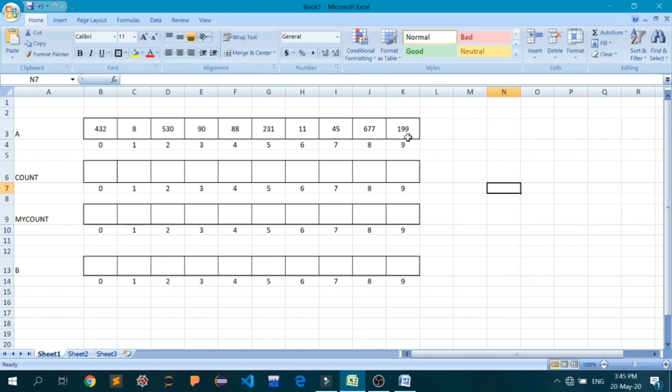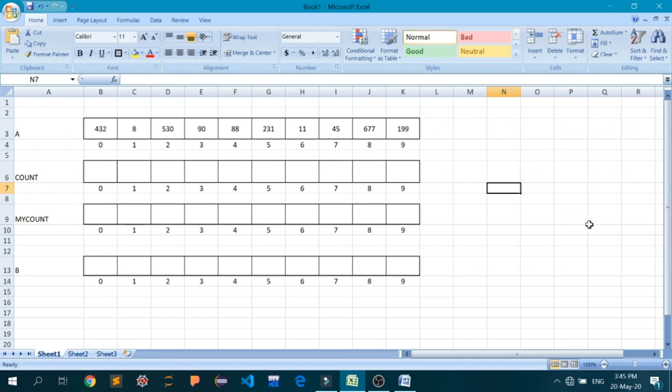Those ones digits will be 9, 7, 5, 1, 1, 8, 0, 0, 8, and 2. Okay, so I think you must have understood on which digits we are going to apply the counting sort in the first pass.